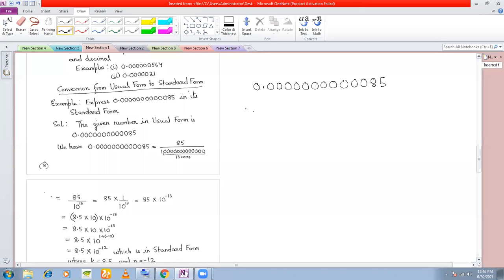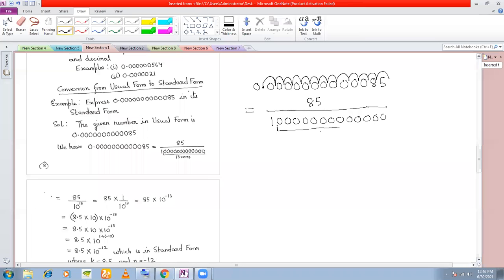Okay, the first step is to convert this into a fraction. Now you already know if you are shifting the decimal to the right-hand side, you need to divide the number by an equal number of zeros. So the decimal point is here. Start shifting: 1, 2, 3, 4, 5, 6, 7, 8, 9, 10, 11, 12, 13. So you have to place 13 zeros in the denominator. So 13 zeros I have placed here. Okay, see that the number of zeros here is 13, right?